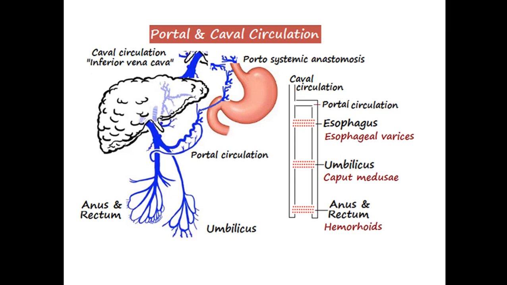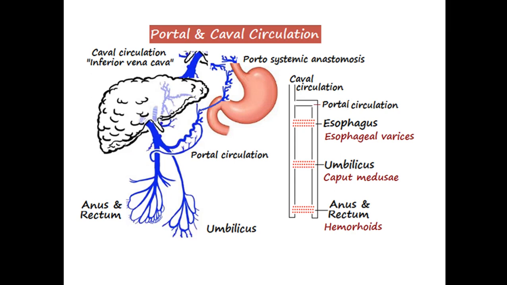But here, from the intestine and spleen, the blood doesn't return directly into the heart. The blood from the spleen and most of the gastrointestinal tract is brought by the portal vein into the liver. And this is a must, because the food that we take and whatsoever the nutrients,